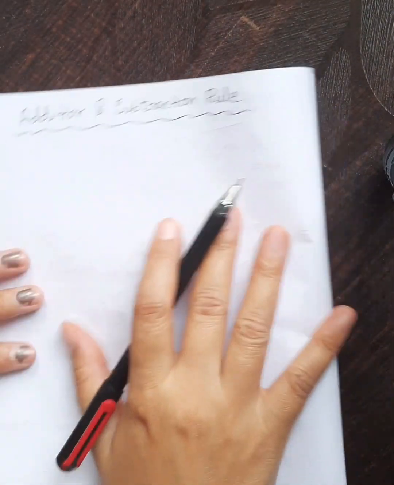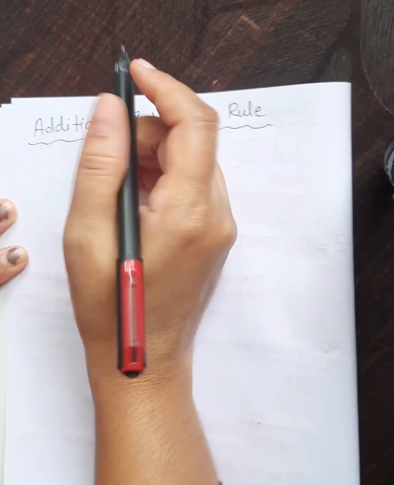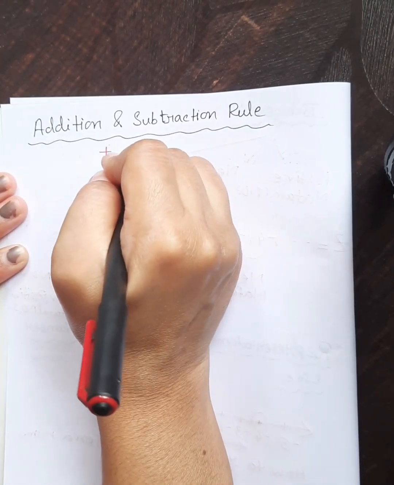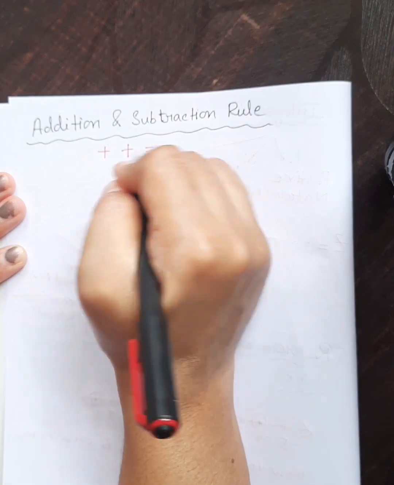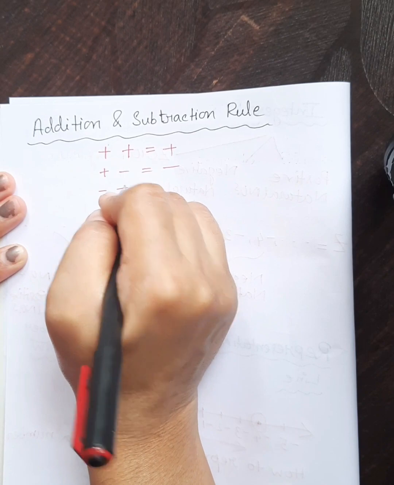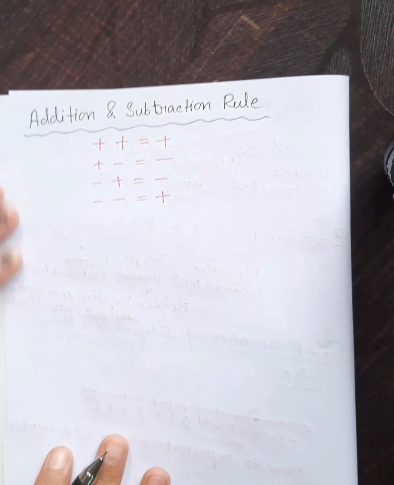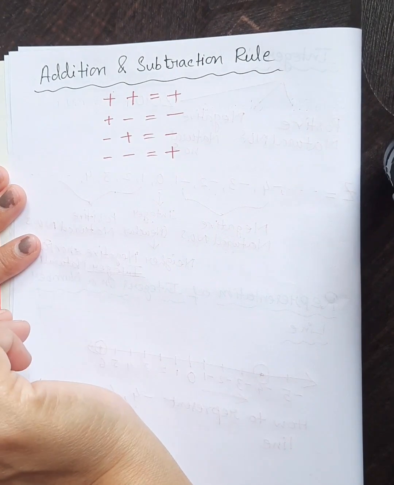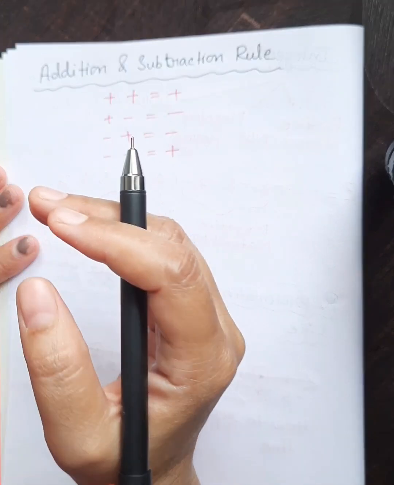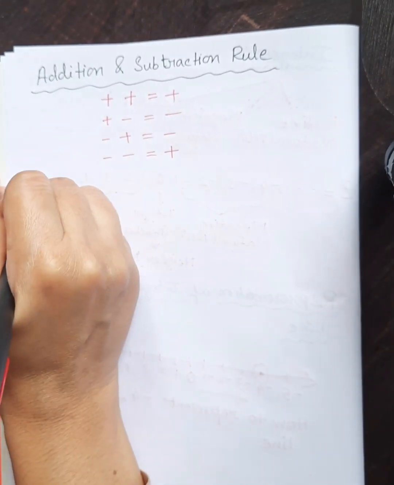Next, addition and subtraction rules. We can see some rules in our NCERT book: plus plus plus, plus minus minus, minus plus minus, minus minus minus plus. Right now I am going to share 3 simple tricks to remember these rules very easily. Trick number 1 is